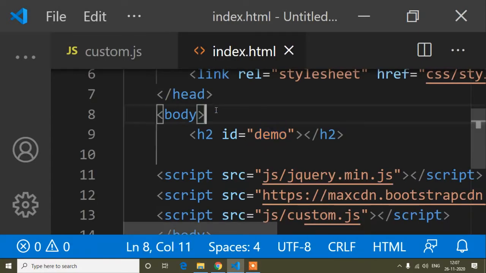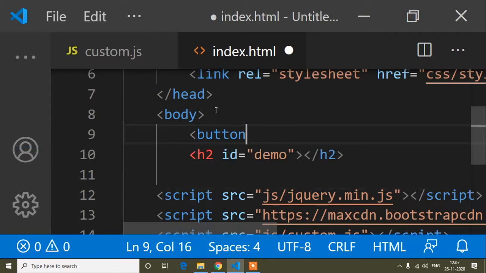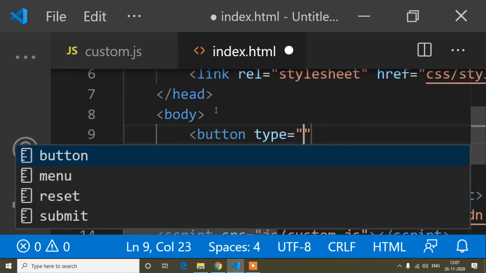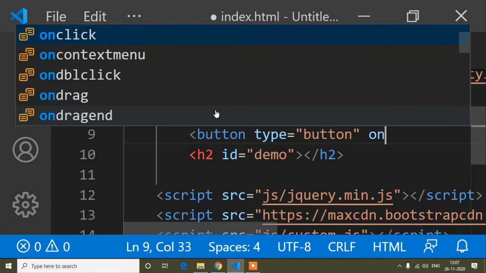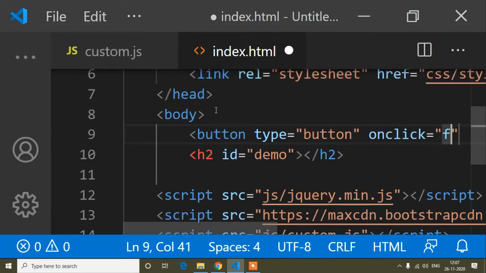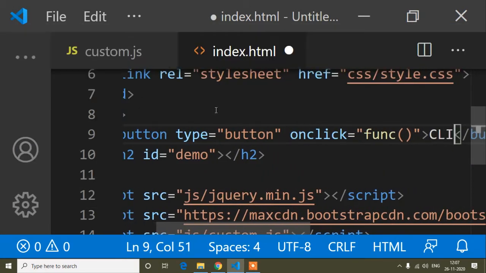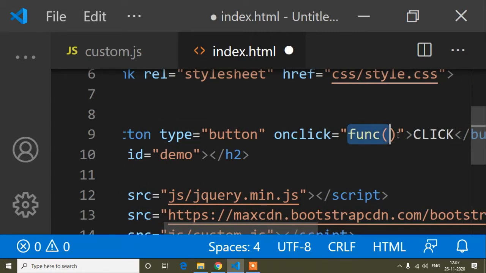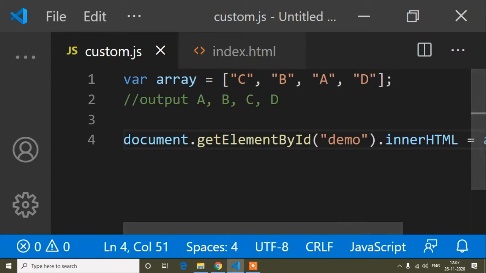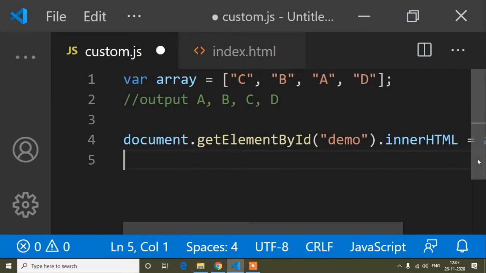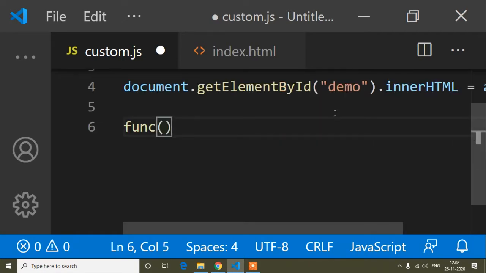And now I will use the sort method. I will create a button here, because when I click this button, then I will use the sort method. The button type is button, and now I will write an onclick method, and the method name I will write is func, and the button name is click. Now I will copy this method name, and